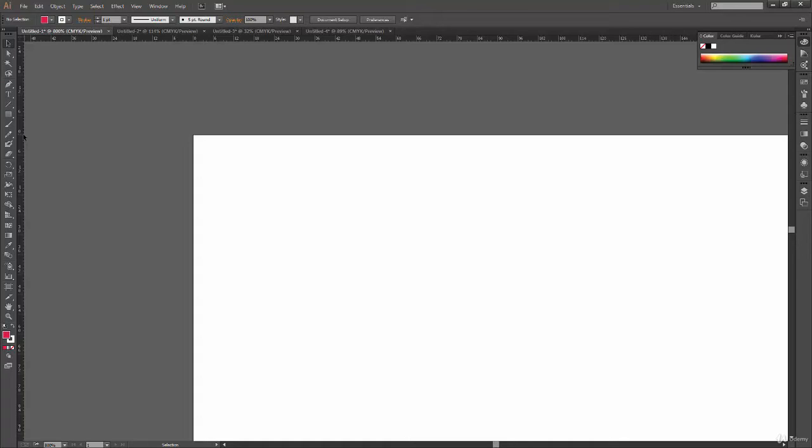So what you can do is click on the ruler and drag a line. It will bring a guide to your file, or it will draw a guide on your file. You can again select this guide and move it the way you want.